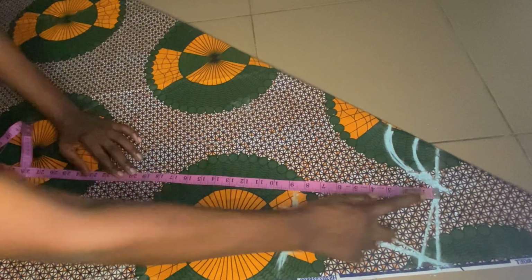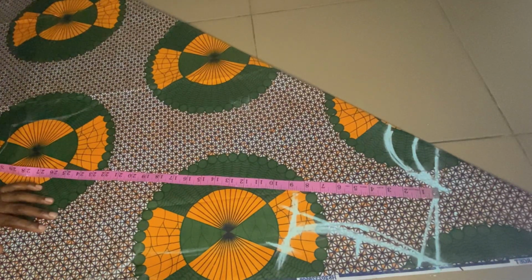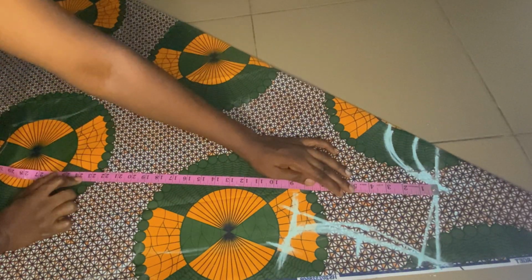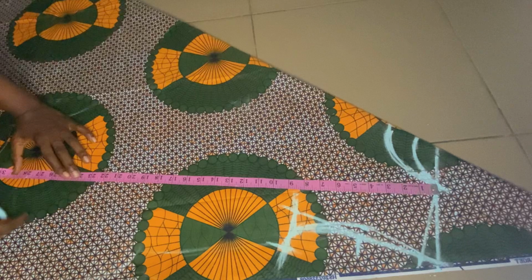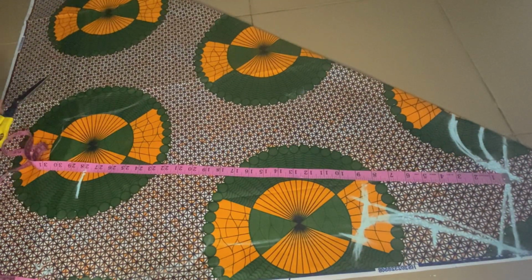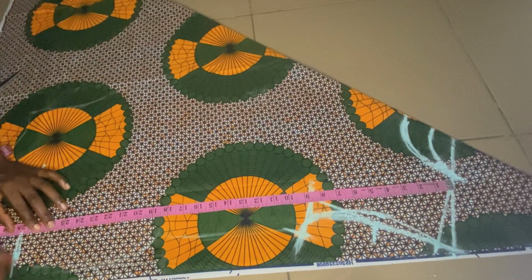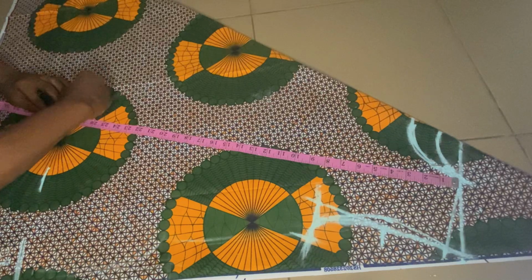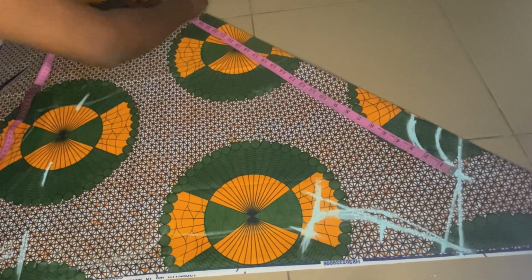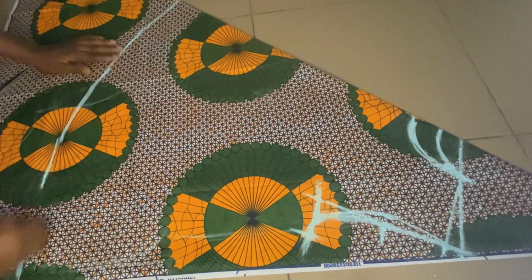The full length I'm working with for this dress is 38 inches. And remember, this dress has a gathered layer on the down part. So I'm just going to measure out the dress without the gathered layer. Then when I'm done with this part of the dress, I'll be attaching the gathered layer differently. So the measurement I'm taking now is that of the part without the gathered layer. And I'll be working with 27 inches because I want the gathered layer to be about 11 inches. So you can just choose to make yours maybe bigger or higher than that length or lower depending on your